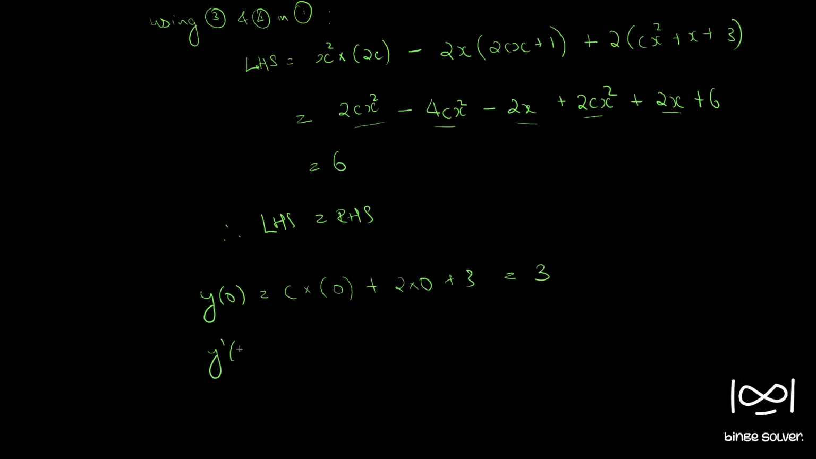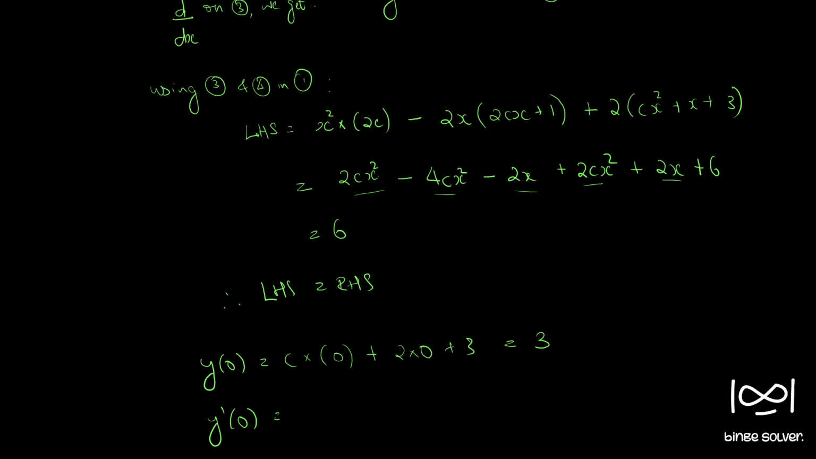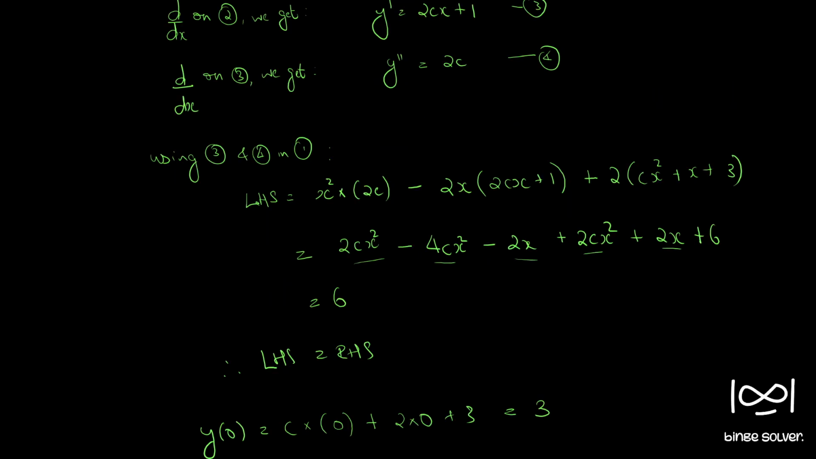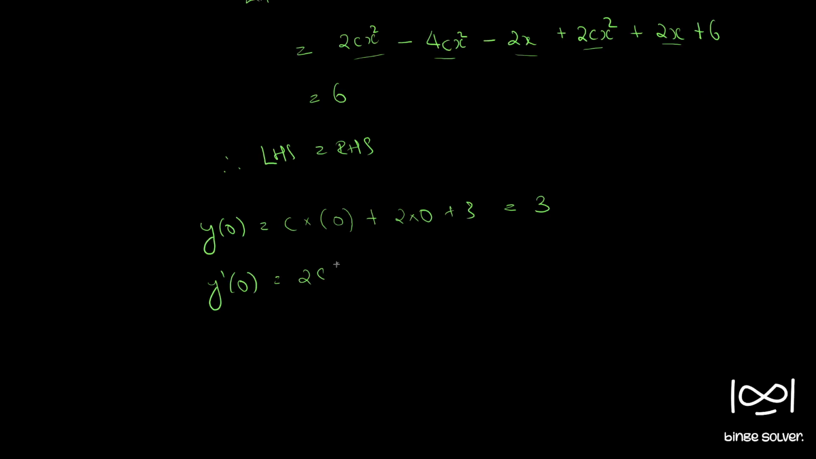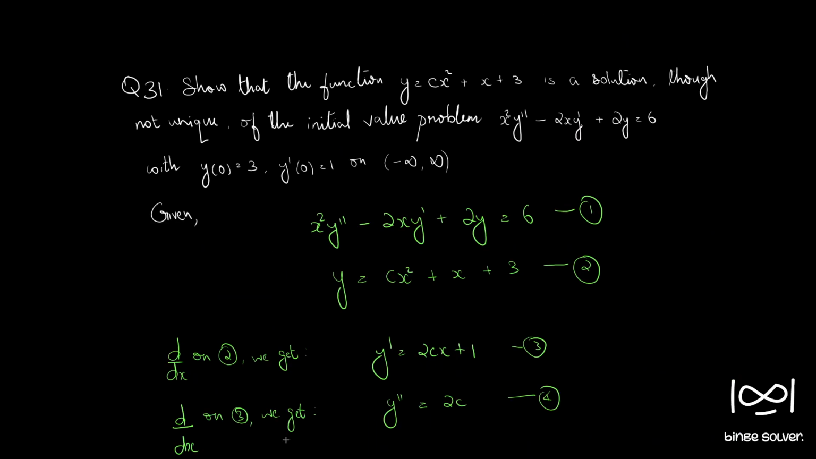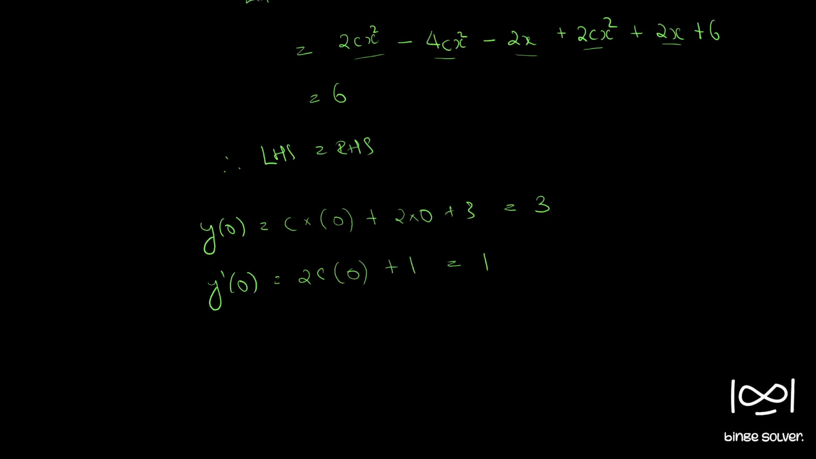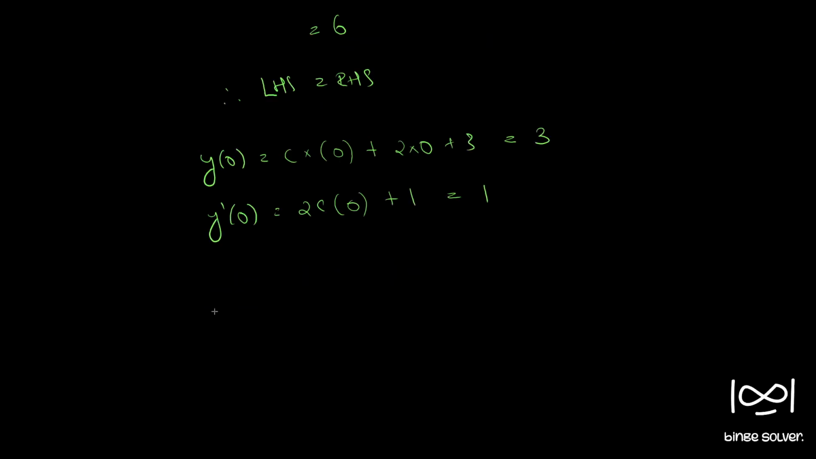y'(0): we got y' as 2cx + 1. So 2c into x, which is 0, plus 1 is equal to 1. So y'(0) is equal to 1. So that is also satisfying. So now if we compare our function to a general form, the general form is given by